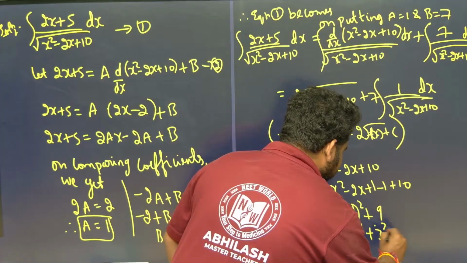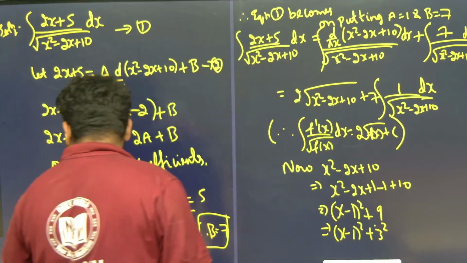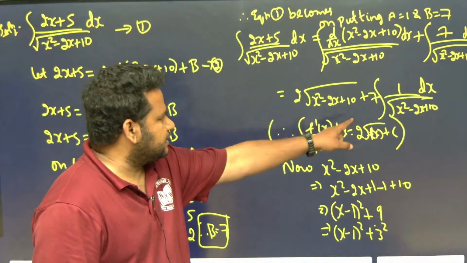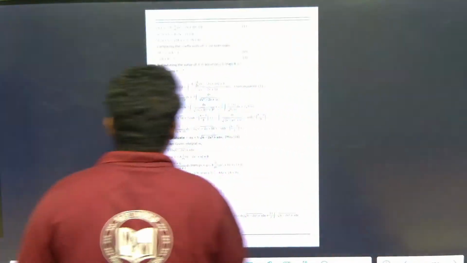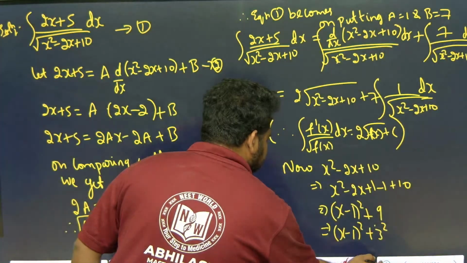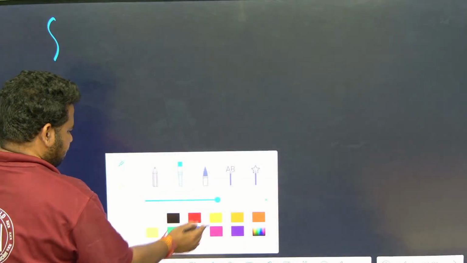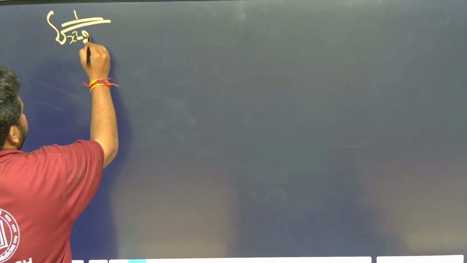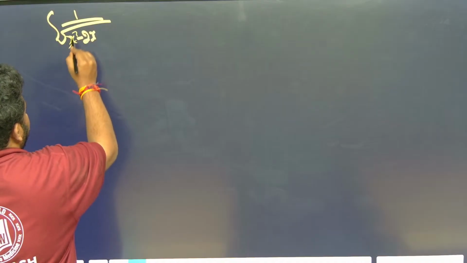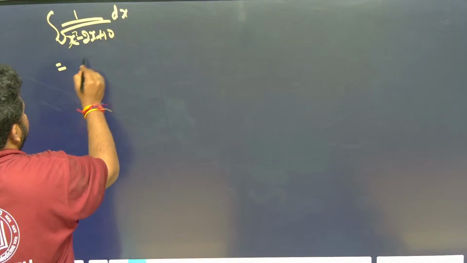Which is nothing but 3 square. Now let us transform this. Now we have the integral of 1 by square root of x square minus 2x plus 10 dx, which will be equal to the integral of,